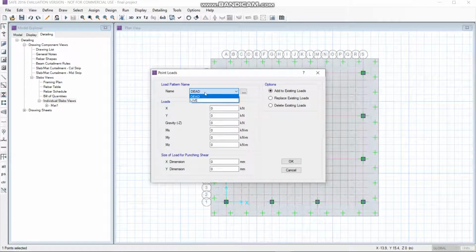The dead load for C1 is 1850, and the dimension for column 1 is 500 into 500. Press OK.